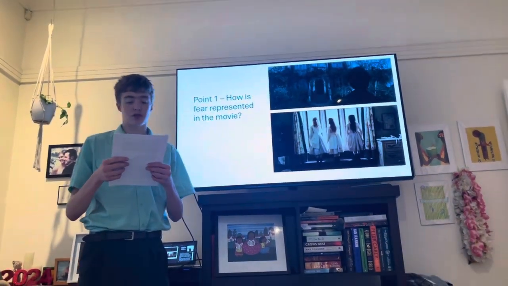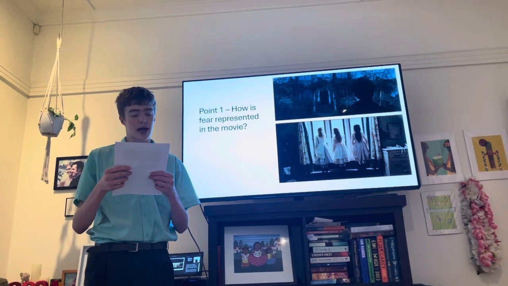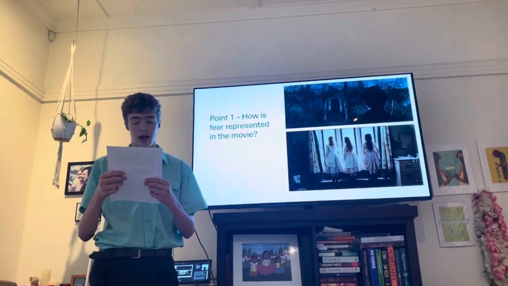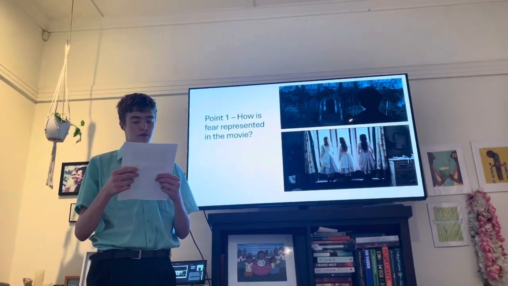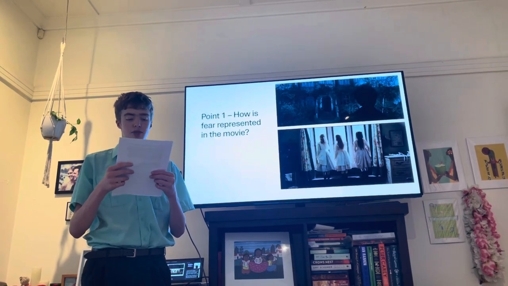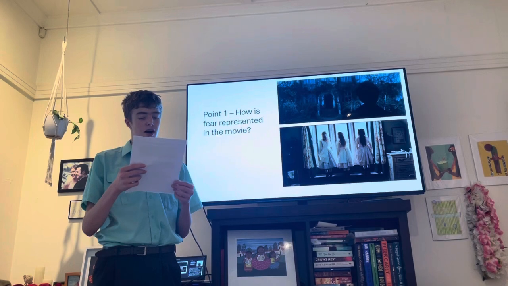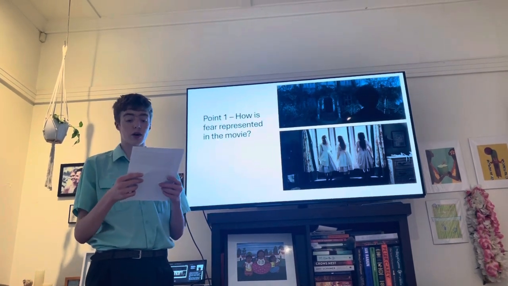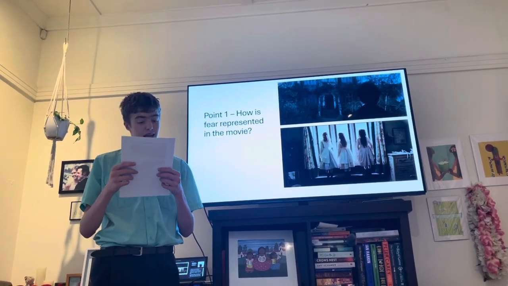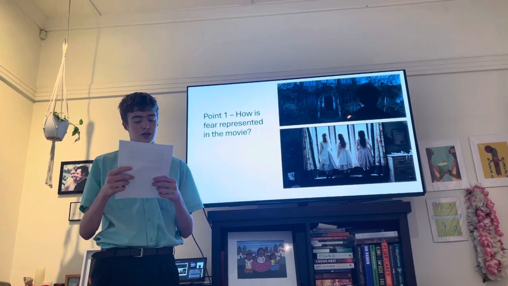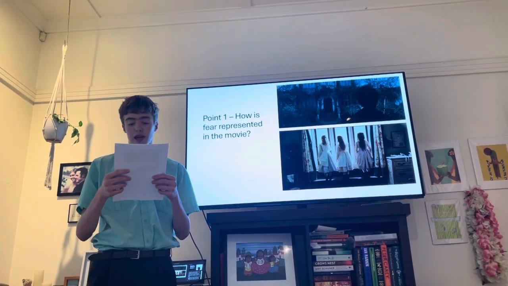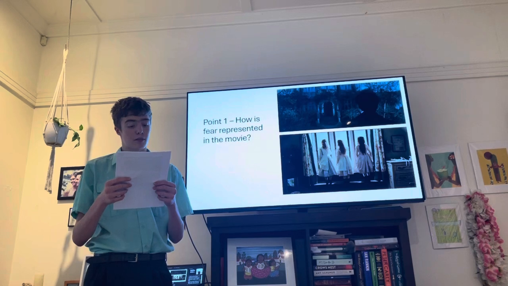Director James Watkins uses a variety of film techniques throughout the Woman in Black movie, such as sound effects and camera angles, in order to display the concept of fear in the film. There are two examples I've taken out of the movie which display fear. Firstly, at the 0:55 to 1 minute 20 second mark where the three girls jumped off the roof, and secondly, at the 16 minute 30 second mark to the 19 minute 5 second mark where Arthur Kipps first arrives and explores the Elmarsh house.